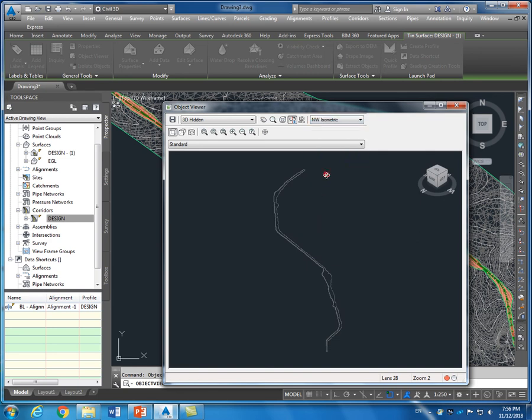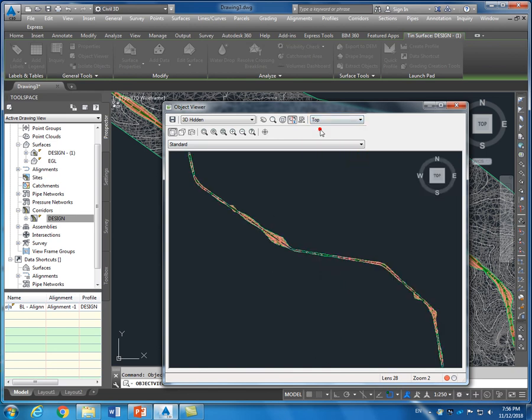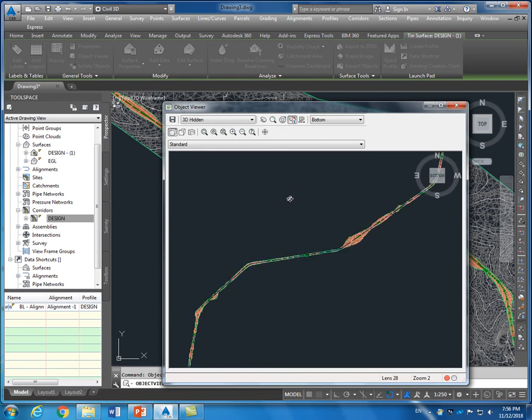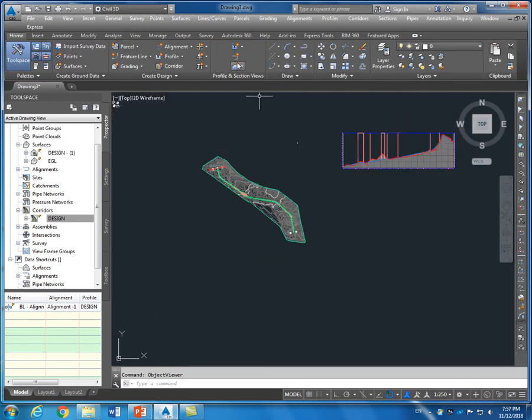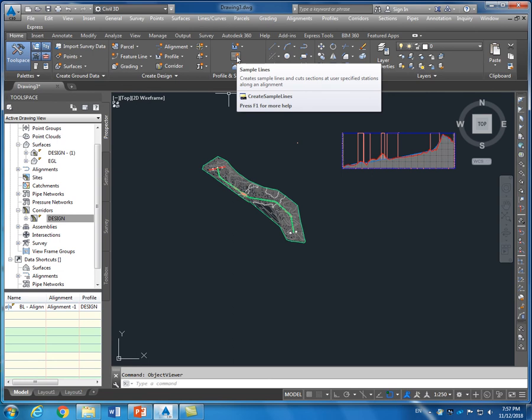Looks fine. Okay, everything is fine. I'm happy with it. Close it. Okay, now to create the sample line, go to your home panel, home ribbon, then here you'll find